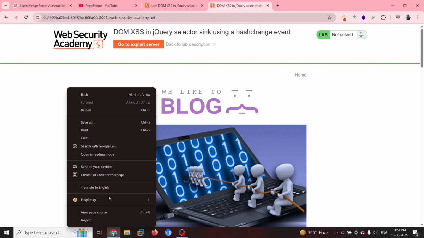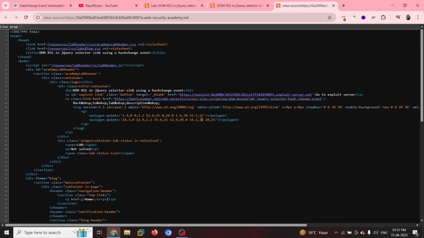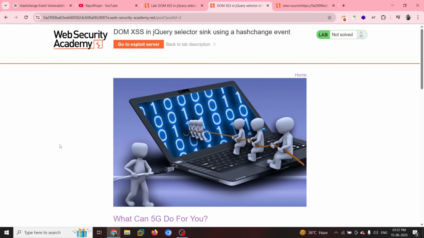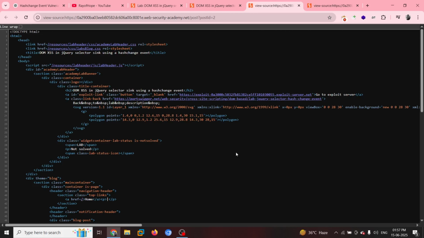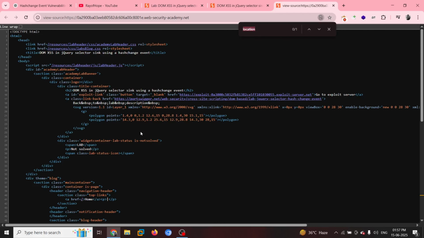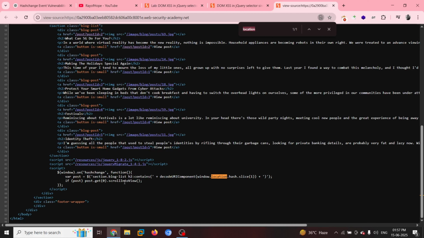Suppose if I go ahead and view the source code over here of a home page, and if I go ahead and view a post, and if I view the source code of this page, if I do something like window, no, I do not have anything. If I do something like location.search, no, I do not have anything. But here at the home page, if I search location, yeah, there you go. We have a source and sink over here, right? This does not prove that the application is vulnerable for DOM based XSS. However, as we have the DOM element over here, we will try to see if it is vulnerable or not.